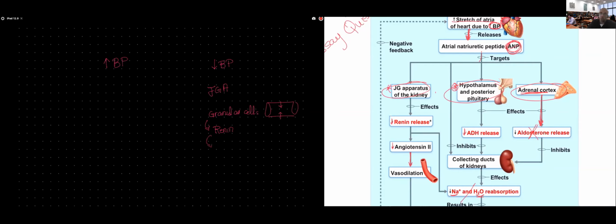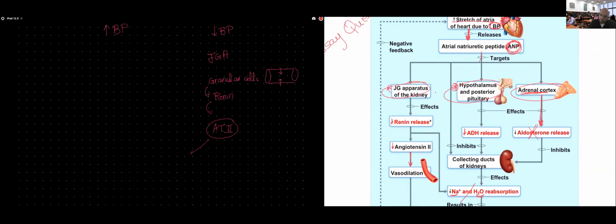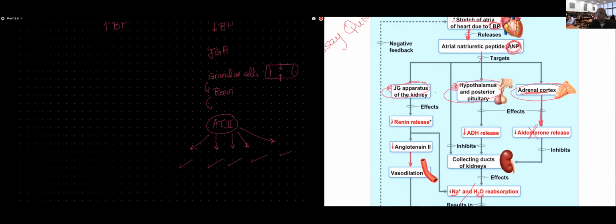We're going to mention how renin is going to be activating angiotensinogen into angiotensin 1, which then gets activated by angiotensin converting enzyme to angiotensin 2. Remember the 5 different functions of angiotensin 2, those are highly important.